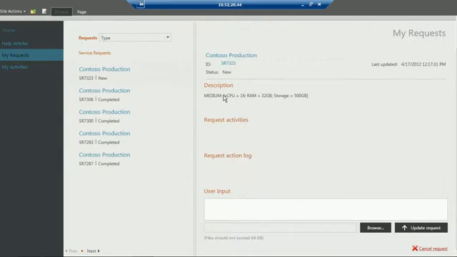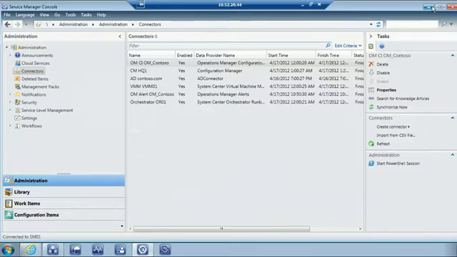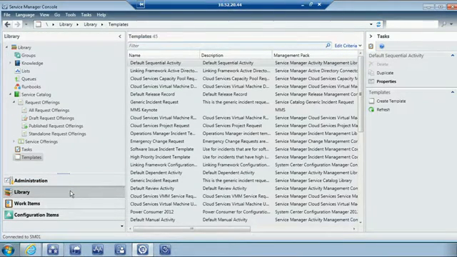Okay, so now let's switch over and look at how that request was offered in the Service Catalog by looking at the Service Manager console. Okay, so this is the Service Manager console. It has a number of workspaces. So this is the administration workspace. You can see some of the connectors that were created within Service Manager. Down here is where the data from those connectors are put into this configuration management database, and you can manage those there. Work items has the tickets available in Service Manager, and the library workspace is where you can author